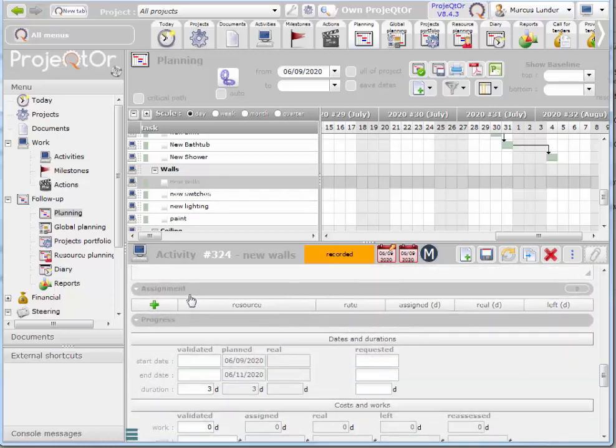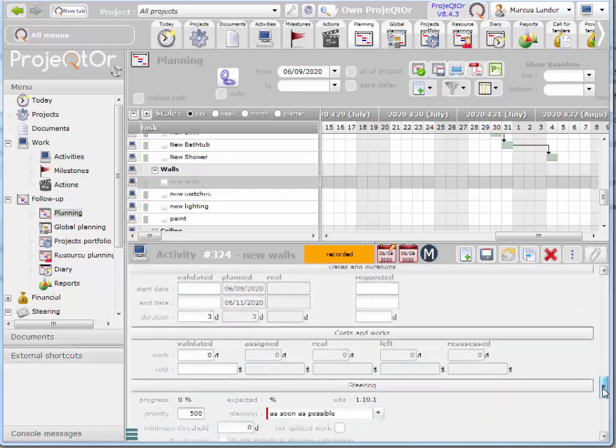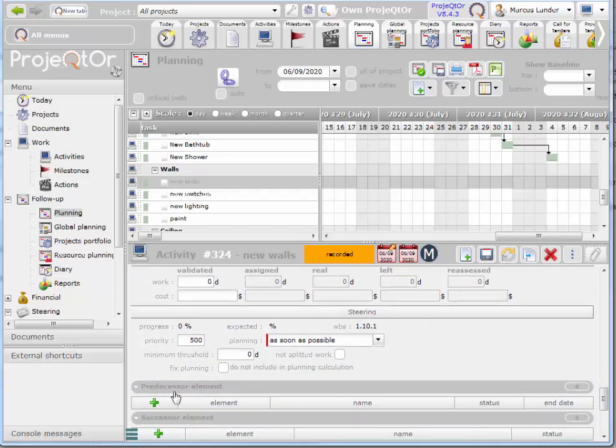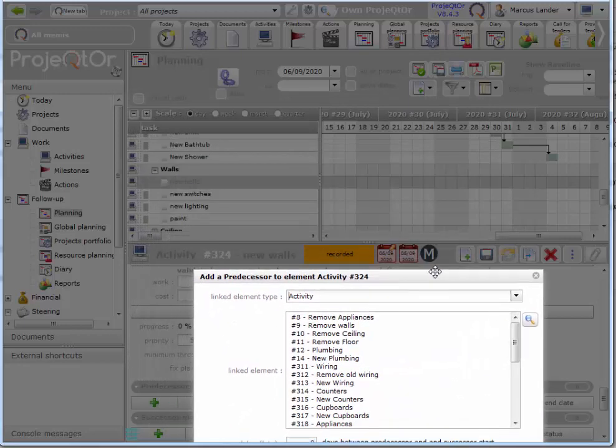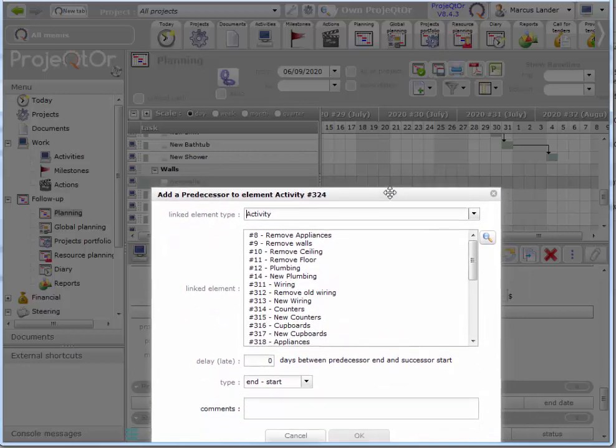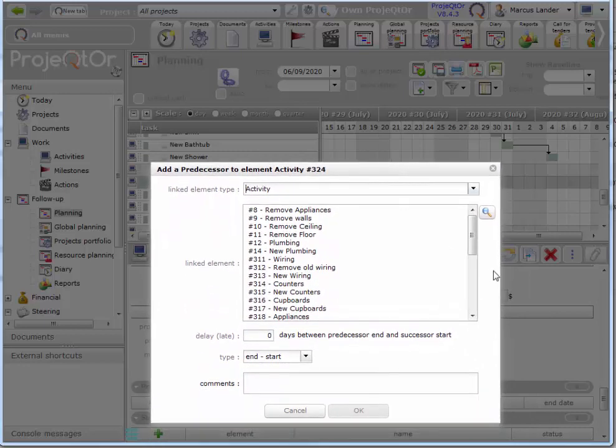We won't worry about assignments quite yet, but we'll see that later on. So here's predecessor. Again, I'm on new walls here. I want new shower to be its predecessor. So I'll click on predecessor, and I'll choose, again, if you can't remember which you're linking it to, you can move this out of the way. So new walls will be new shower. So I'll find new shower,